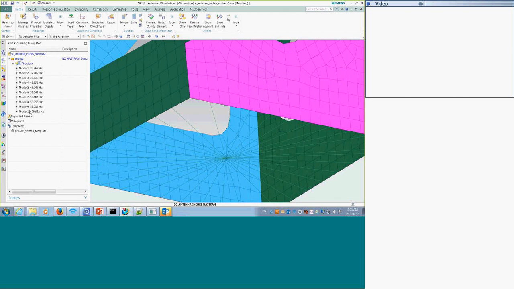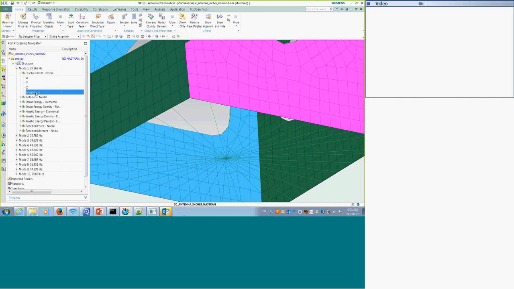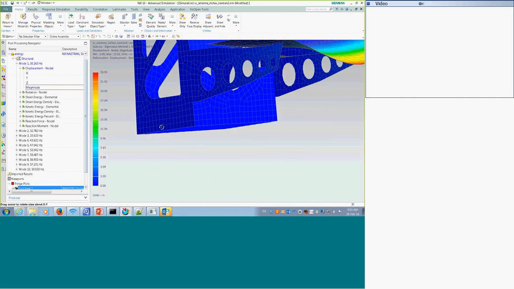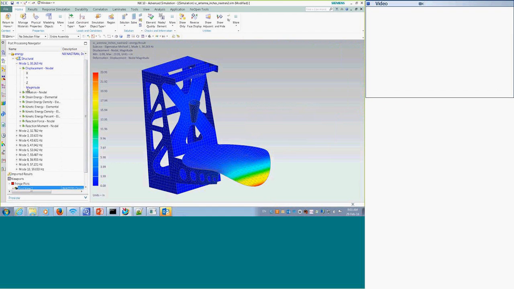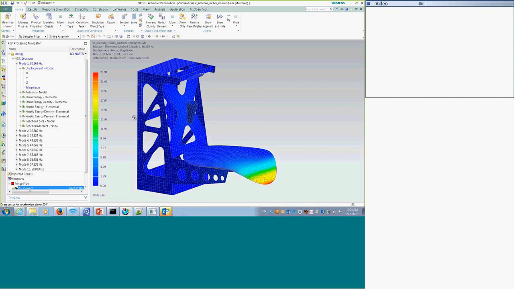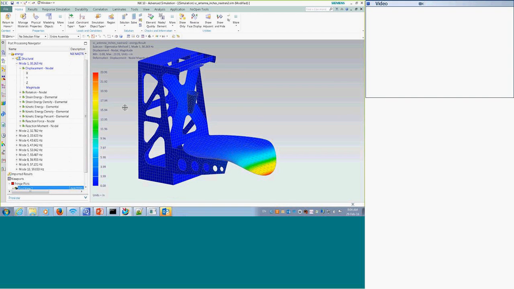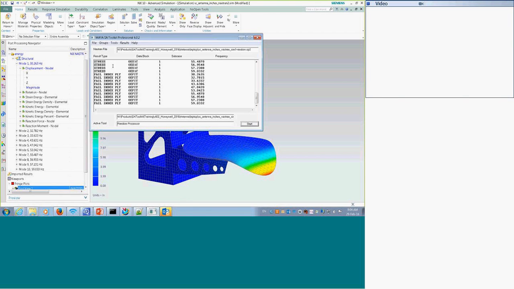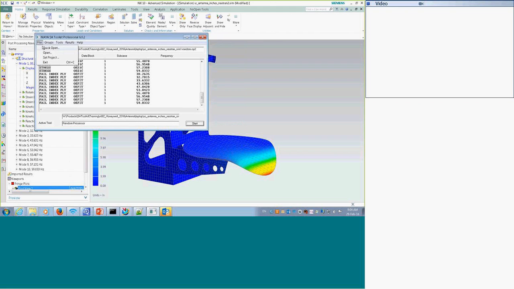I'm getting my first 10 modes between 30 hertz and 59 hertz. And even though you can see displacement, the strain energy and the kinetic energy can be processed by an X. Mention is density results as well. This means we have an OP2 file that's written to disk, and so we're going to go process it.